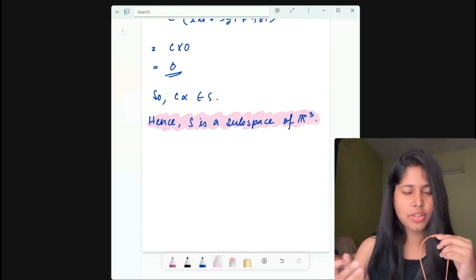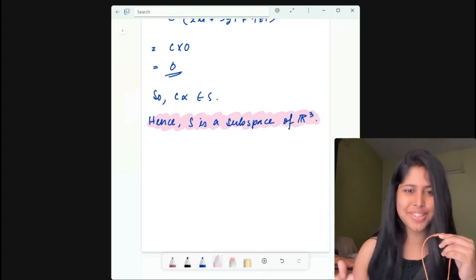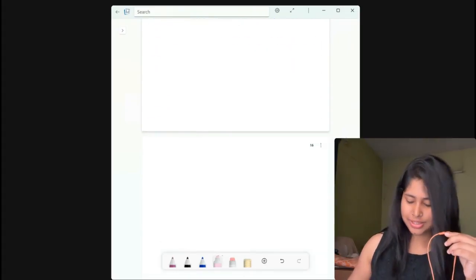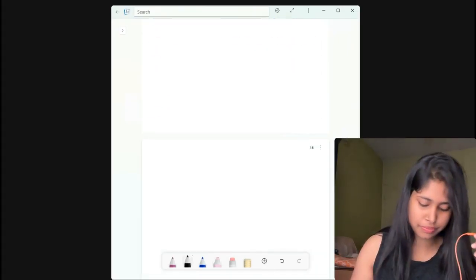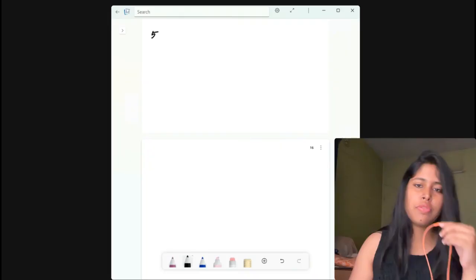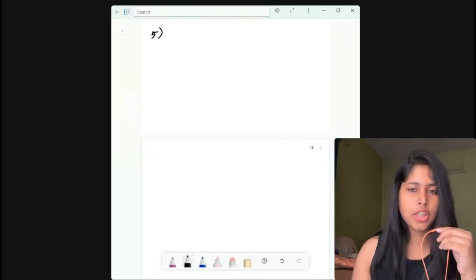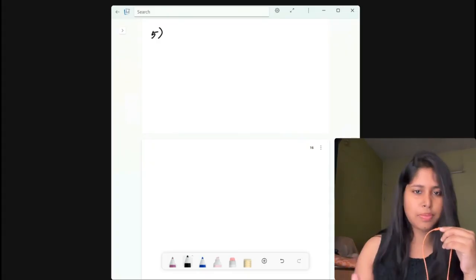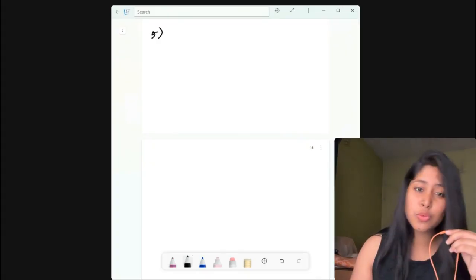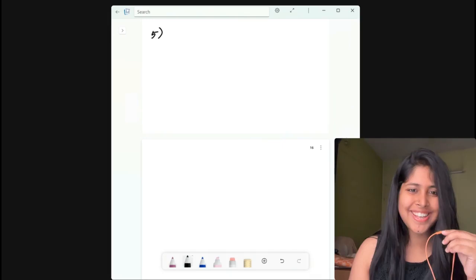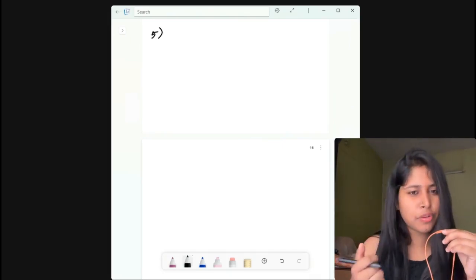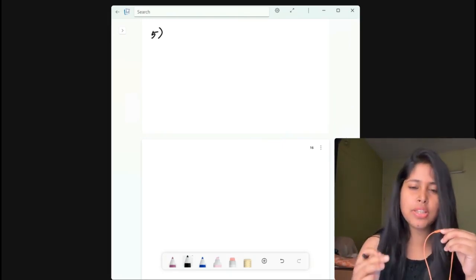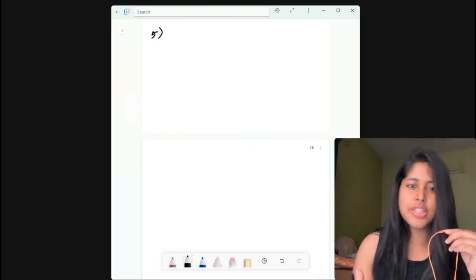All right, the first question is done for today's class. Now coming to the second question, or the fifth question, which is in order. For the fifth question also, we will be given a set, and we have to prove whether it is a subspace or not. This one is a nice question, a kind of tricky part, and I will tell you something very identifiable for this type of question.